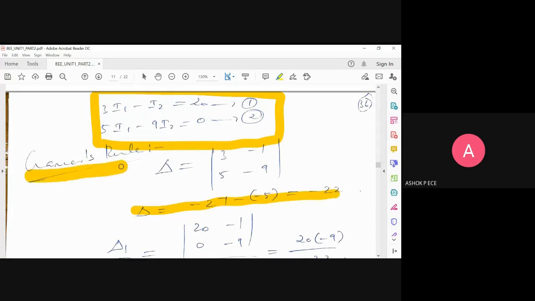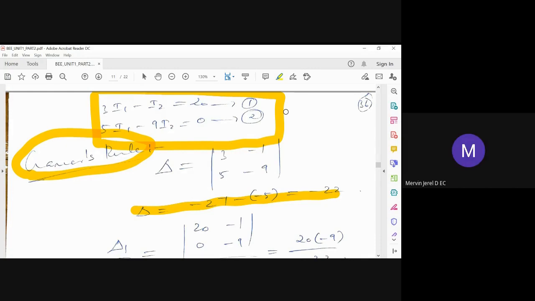I think you should have studied Cramer's rule, right? Yes, sir. Same thing. Instead of solving by substitution or elimination, you can solve it by that method also, nothing wrong. But this should be even more simple. Please solve the two equations and send me the answer. I have given the two equations, solve it and send me the answer.